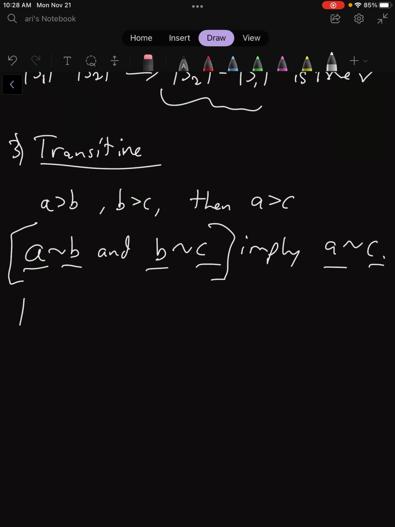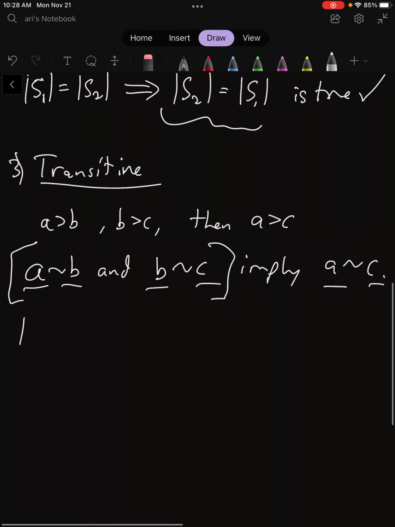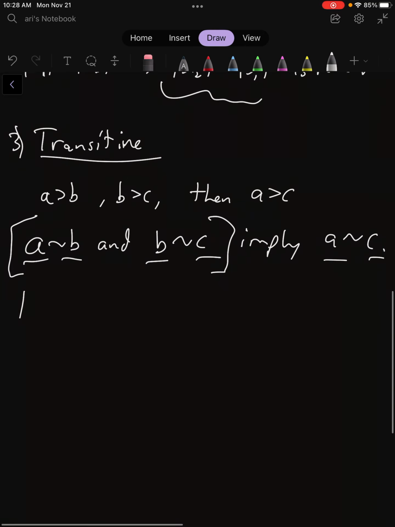So here we would say that if we are assuming these first two properties to be true, we are assuming A tilde B and B tilde C, and we are wondering, does that imply that A tilde C or not? And if it does, then we have an equivalence relationship. Then we could say that tilde is an equivalence relation. So we have the cardinality of A is equal to the cardinality of B,